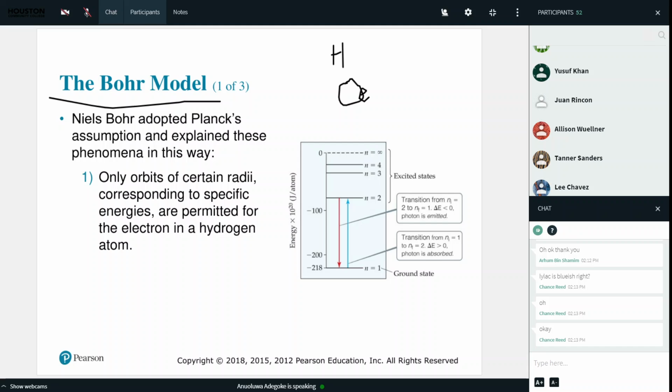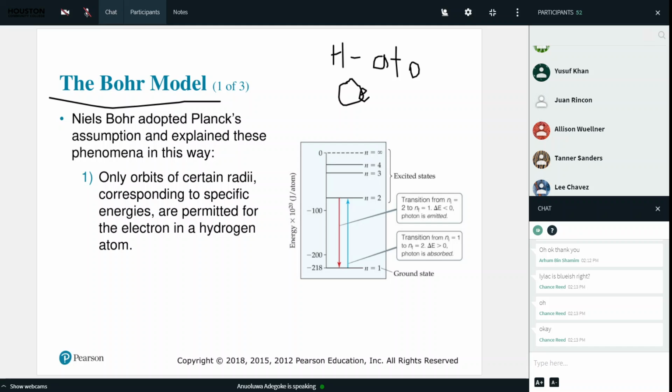So let's say this is the hydrogen atom. Now we are going to see how this scientist, Niels Bohr, explains how the electrons are arranged in the